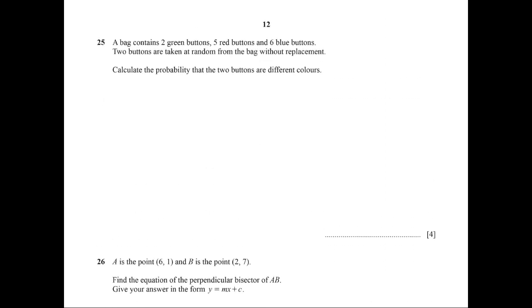A bag contains 2 green buttons, 5 red and 6 blue. 2 buttons are taken at random from the bag without replacement. Calculate the probability that the 2 buttons are of different colors. It means I will find the probability that they have the same color and then subtract it from 1. So the scenario here is 1 minus